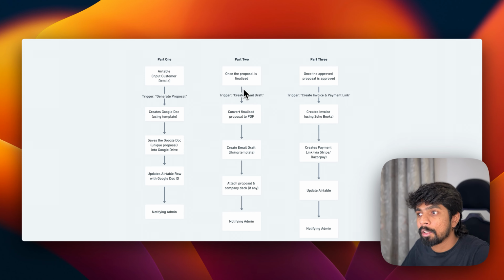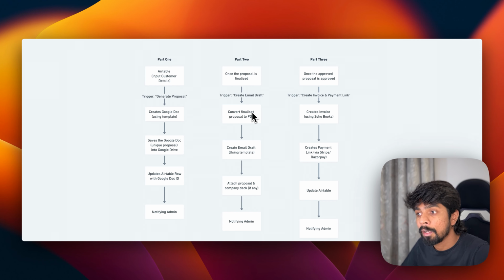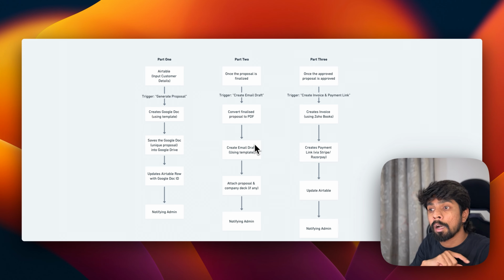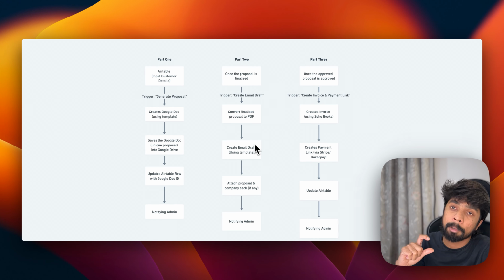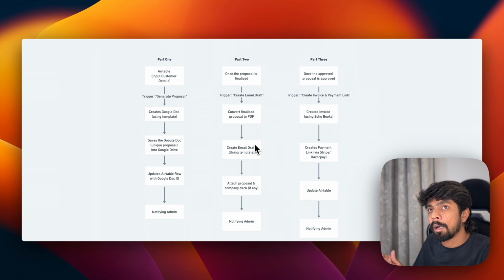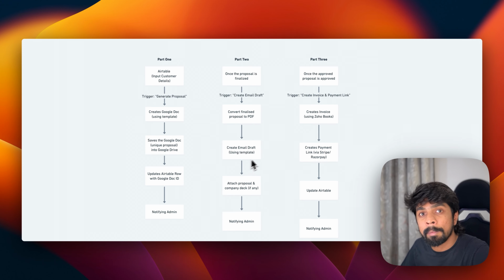Once we choose that trigger, the finalized proposal will be converted into PDF in the same folder that we placed inside our Google Drive. There we can also have a template for our email draft, which can depend on each individual proposal. It can be connected to the proposal itself. Let's say if I'm selling a service A, then I can have template A as my template for the proposal, and then I can have email A as a template for the email being sent out. That will be used here to create a draft, and then the finalized proposal's PDF will be attached,